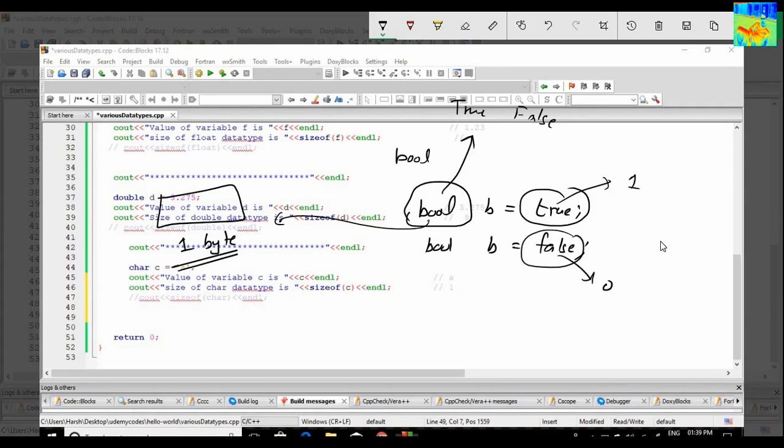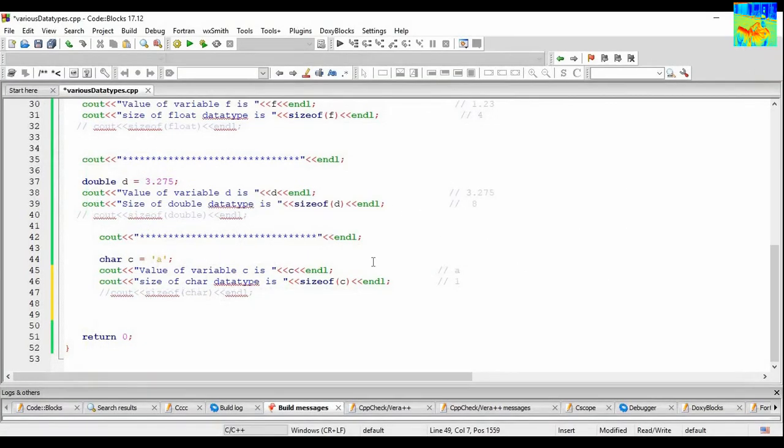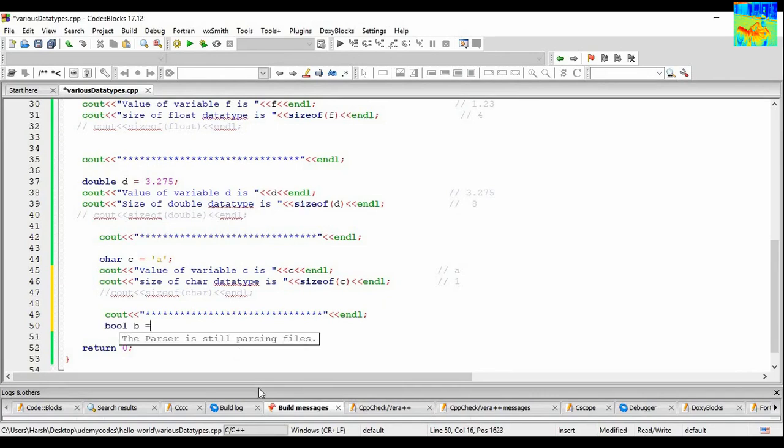Okay, so let's see. Control C and then Control V. Let's take a variable bool b equals true. cout "value of variable b is" b and then endl.